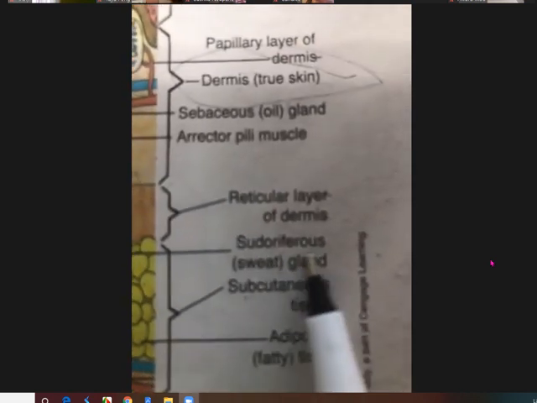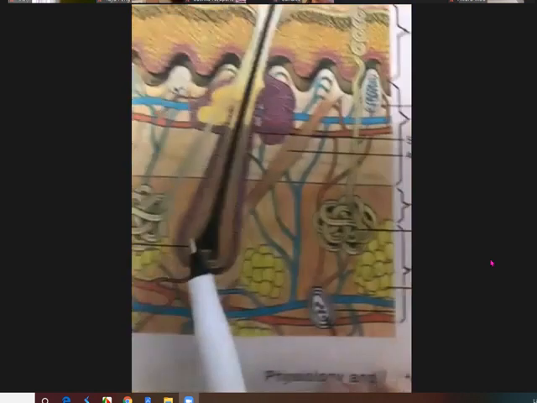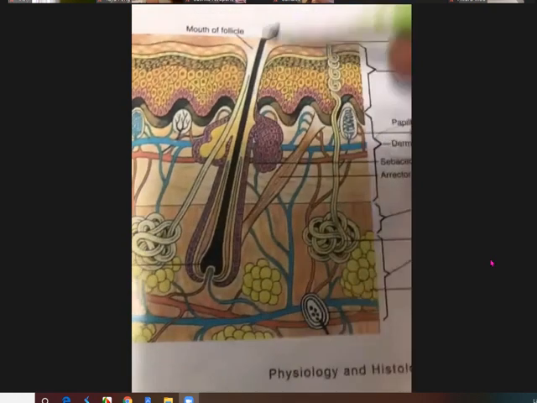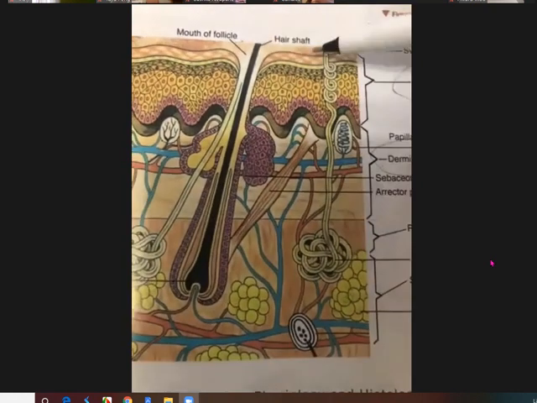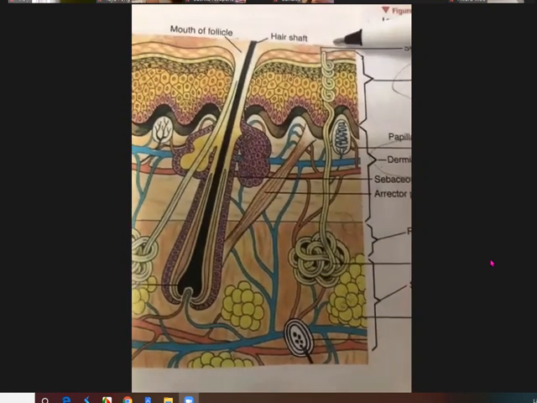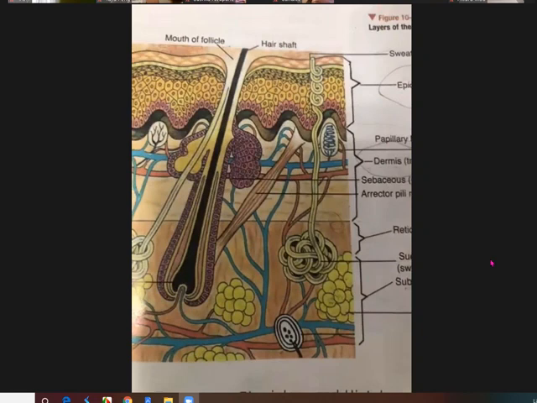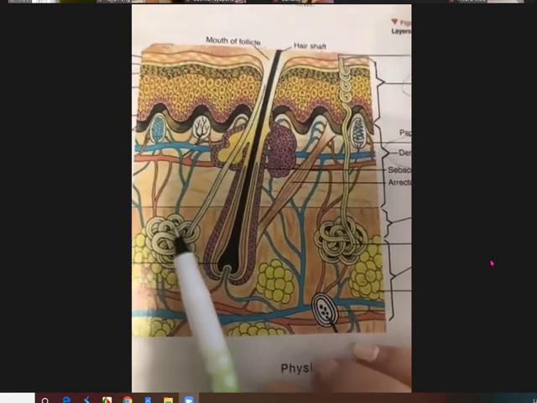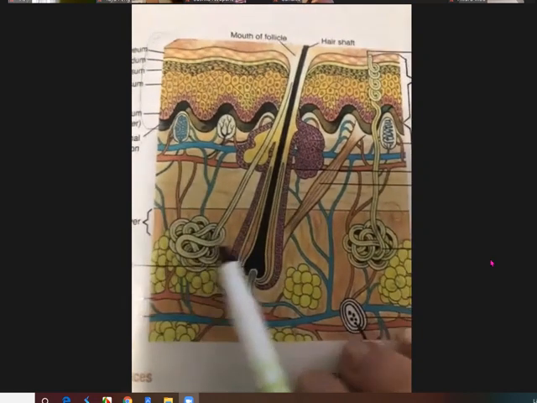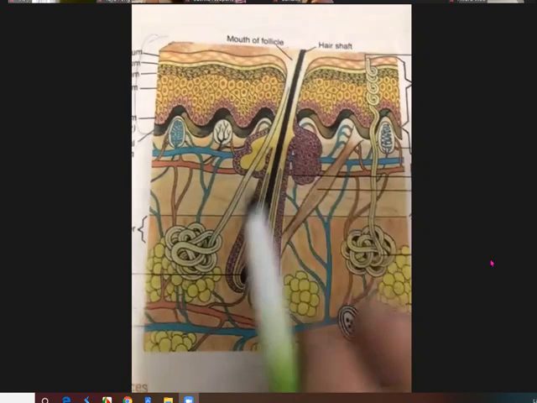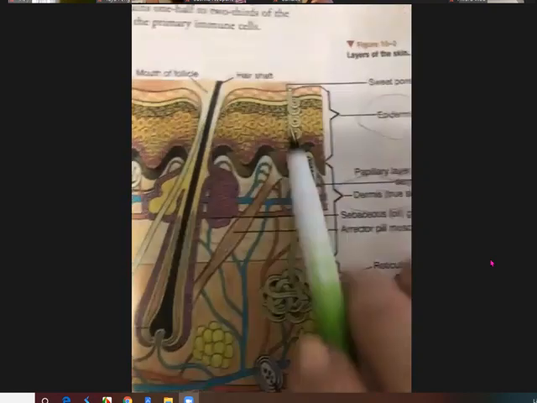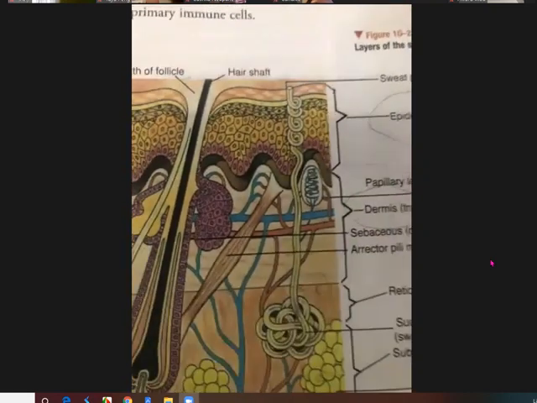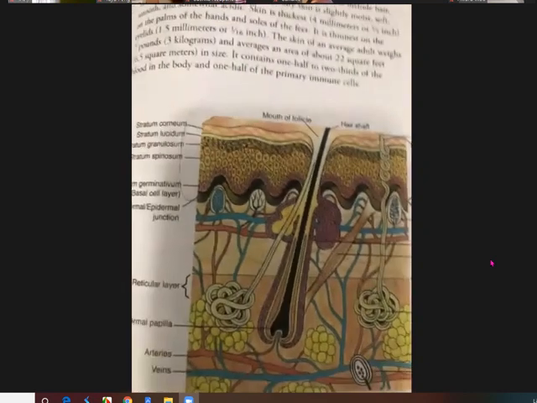Remember, sudoriferous gland is your sweat gland. One is attached to your hair follicle, and the other one is by itself. 我们的那个汗毛孔有两个，一个是接到我们的毛发，另外一个它没有毛的，它就自己流汗。